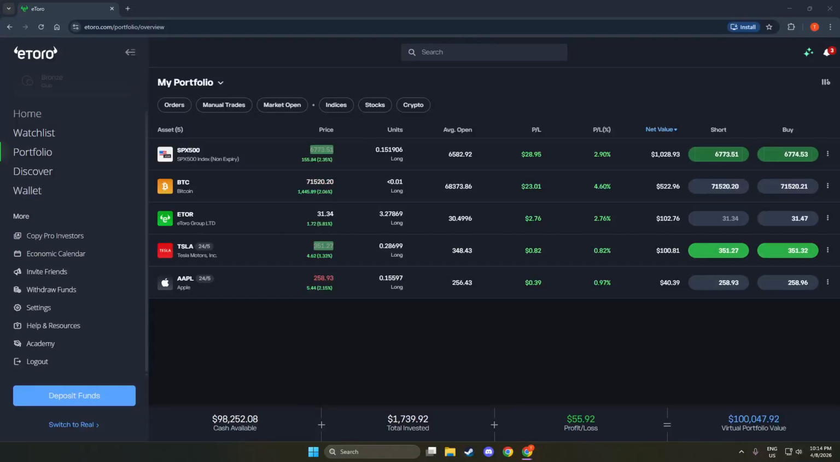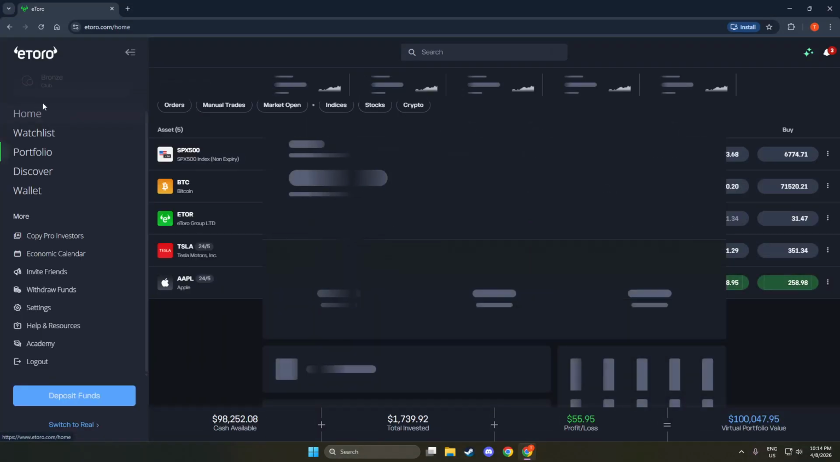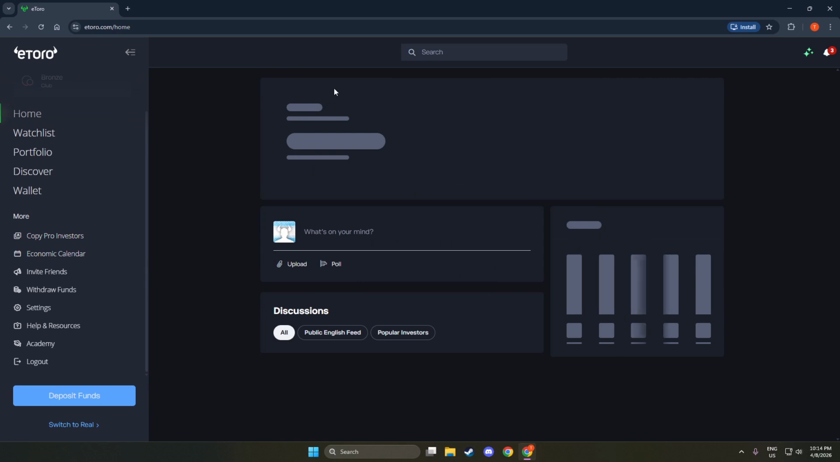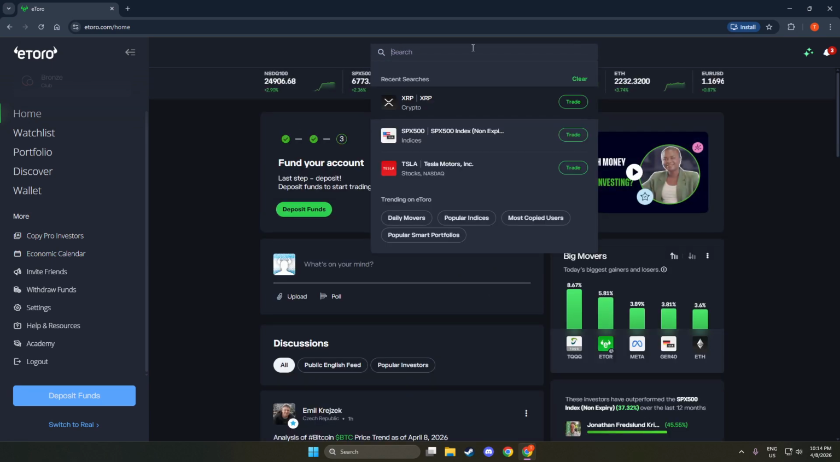In today's video, I'm going to teach you how to change leverage on eToro. Leverage lets you control a larger position with a smaller amount of capital, which can magnify both gains and losses. Use it thoughtfully and make sure you understand how it affects your exposure and potential risk before you place a